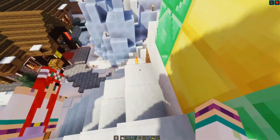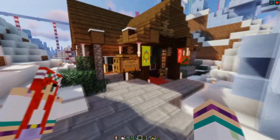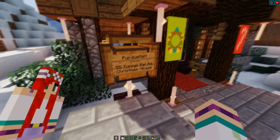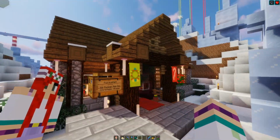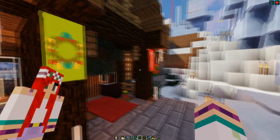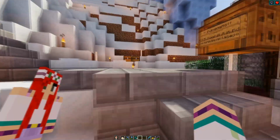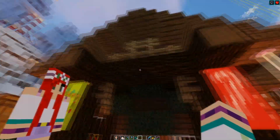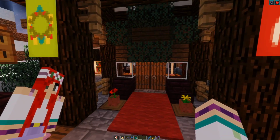Love all the little Christmas gifts around the place as well. They're kind of cool. So this is PurdueMatt's place, and he is one of the tunnel rats, so I love the little name there. Again, we are missing, and it's a bit of a shame. He did have, and I think the item frames haven't come through. This is my problem, item frames haven't come through. He did have a really neat display of item frames and...